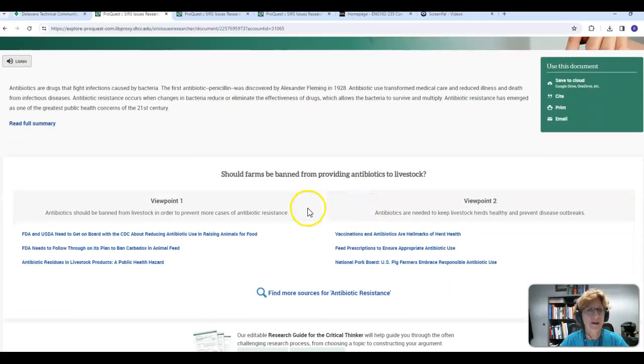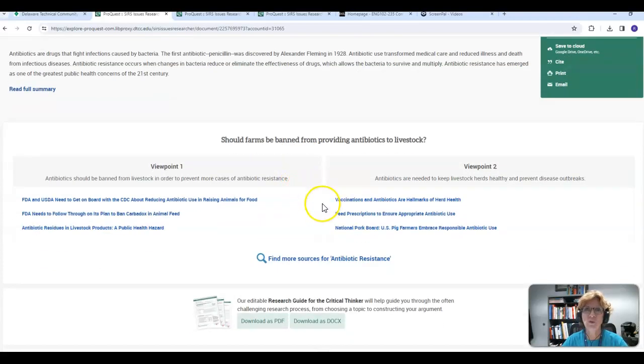When you chose that topic, you got a focused research question, which is your research question. This one is, should farms be banned from providing antibiotics to livestock? When you found your topic, I said do not use the SIRS articles. In Unit 1, we used articles from Credo and an internet search, but now we can use the articles from SIRS because what we're doing in the Unit 2 Informative Research Essay is to find two articles that have differing